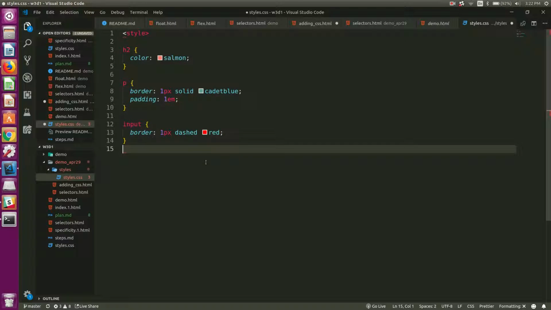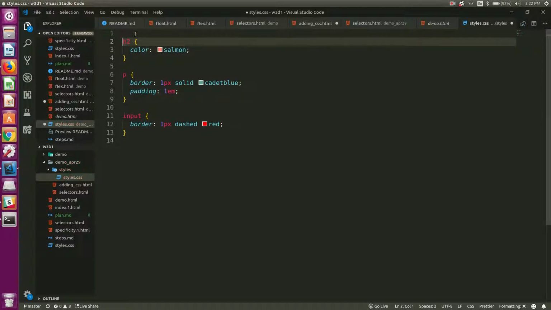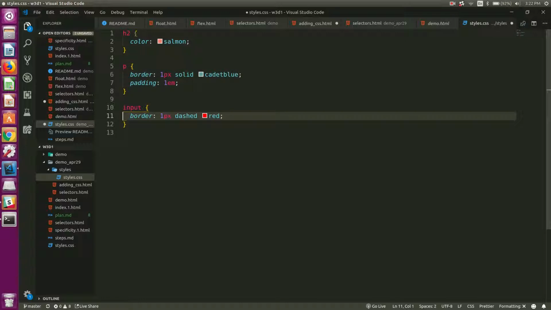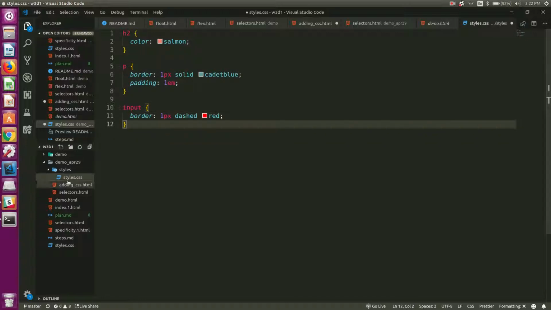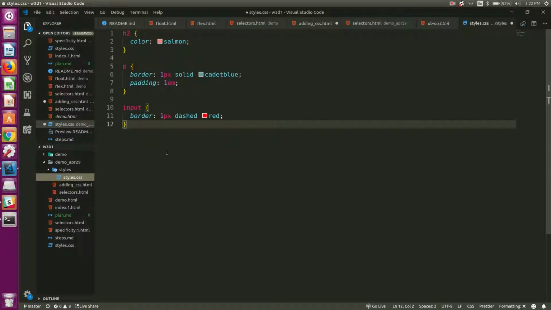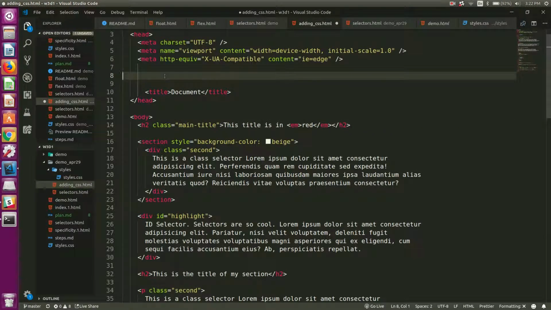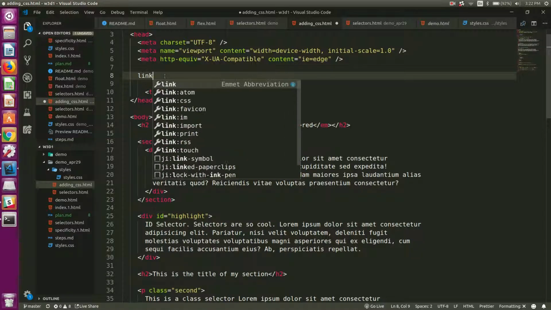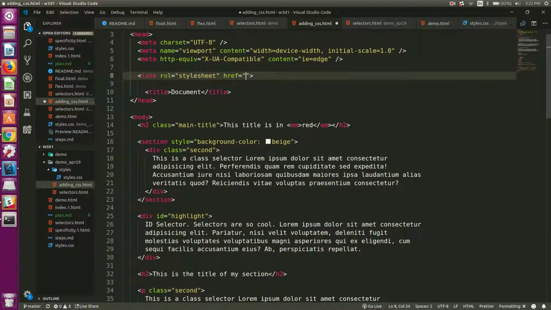Now we don't need the style tag anymore because we know that these are just the styles. Notice that my file has a CSS extension. So it's .css. And I'm going to tell the browser that this document is going to use these external styles. So to do that, I'm going to use the link tag. This one. Link rel stylesheet, href, and now I'm going to link to it in